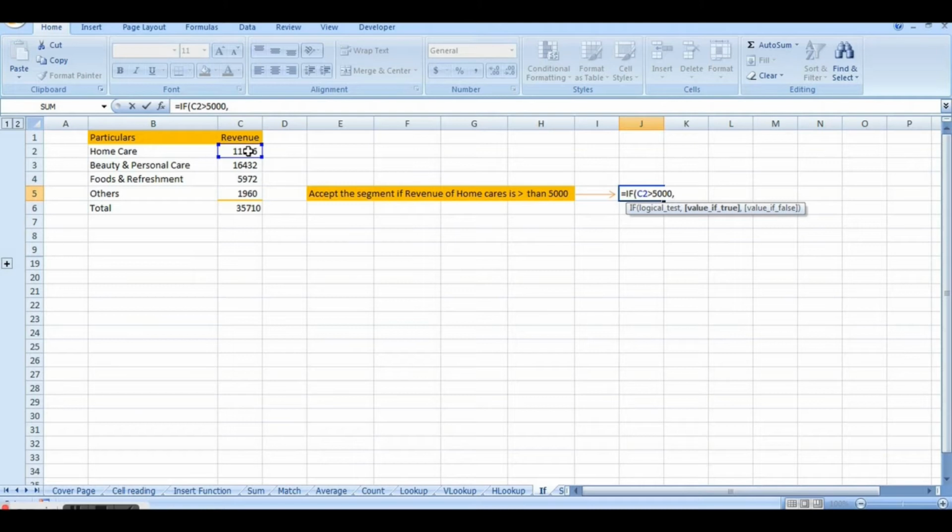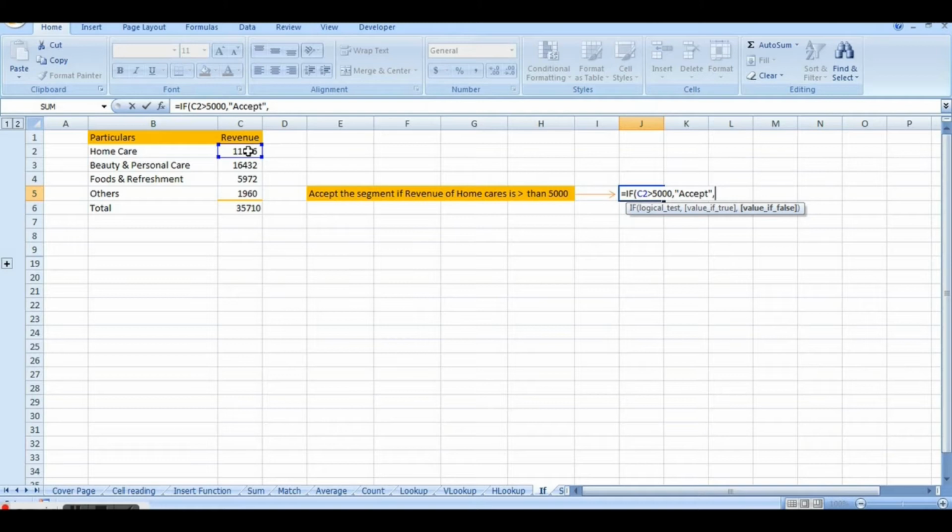If the condition is satisfied, you want to accept the project. Now if you see, I have put double inverted commas when writing words in Excel. This is the rule: whenever you are writing words or characters and you want them to appear as they are, you have to use double inverted commas in Excel.